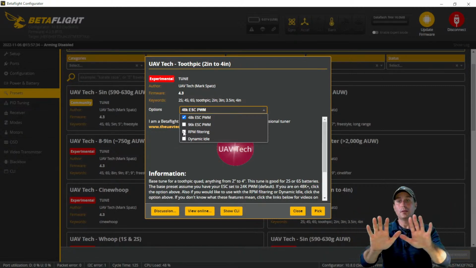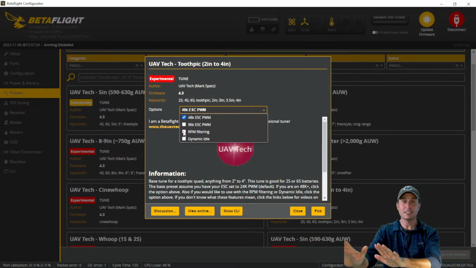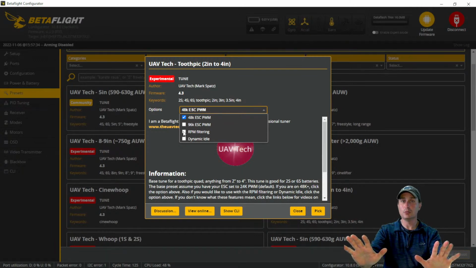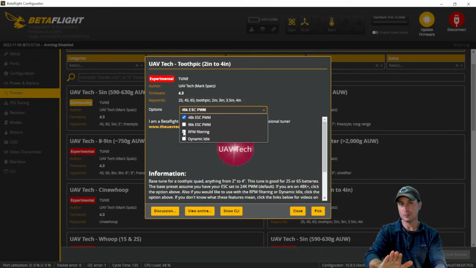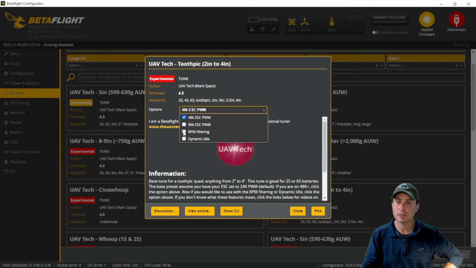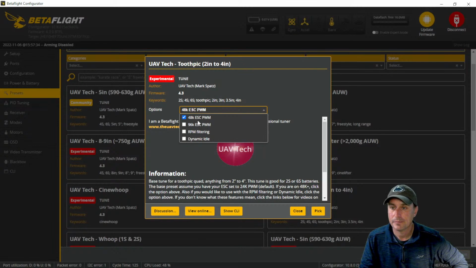So I'm saying don't mess with the preset if everything's cool and your wobble is the only problem. The first thing I would do is just drop it to 48 kilohertz in the ESC PWM frequency. If the problem goes away, ignore all the rest of this. If it doesn't go away, the next thing I would do is go into this preset, load the 48K,